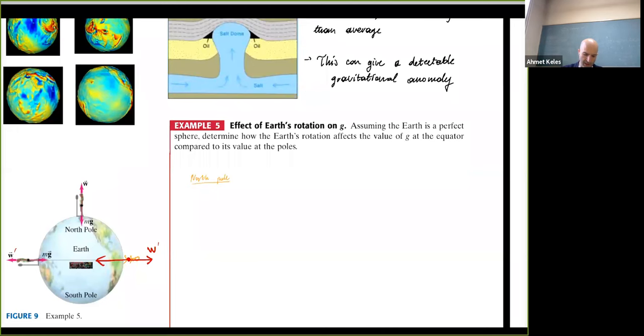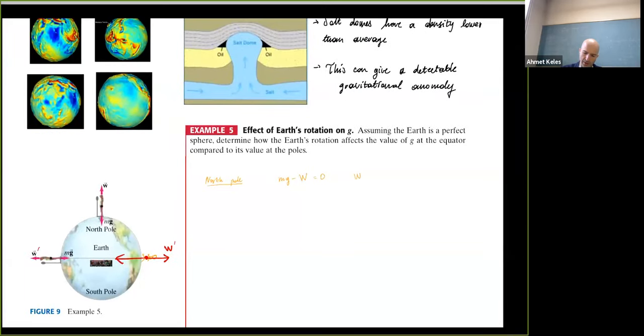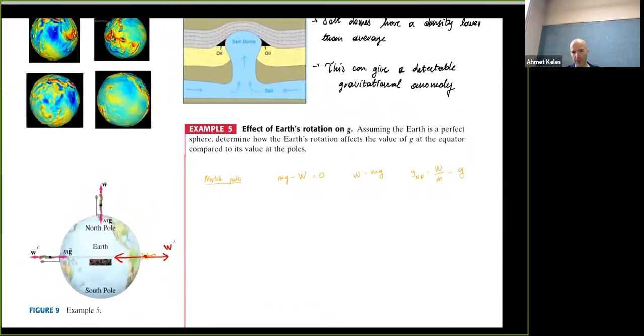So I can write the free body diagram, right? There is mg minus the normal force, but this should be equal to 0, because there's nothing else. Then W is equal to mg, and g at the North Pole is equal to your weight there divided by m, which is equal to g itself. At the poles, g is more. Let's see. Now, equator,